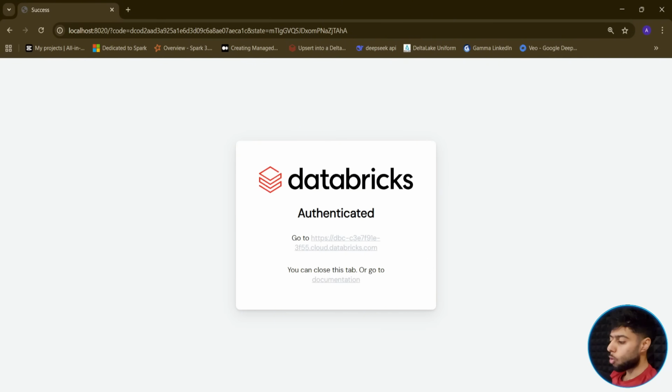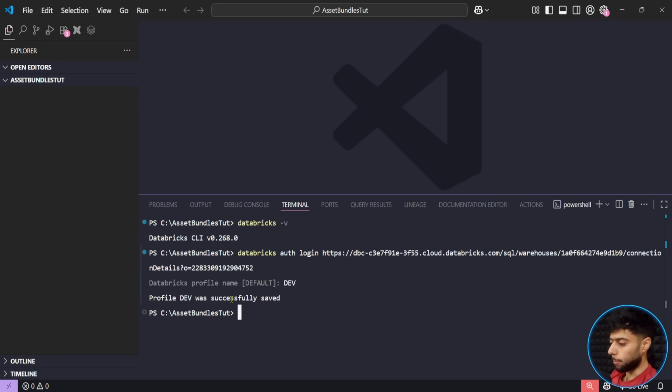Let me just go back to VS Code and let's see what actually happened. It says profile dev was successfully saved. But where is it saved? It actually creates something called .databrickscfg, which is the configuration file for our Databricks authentication. Or basically, I can say all the profiles that we have within our